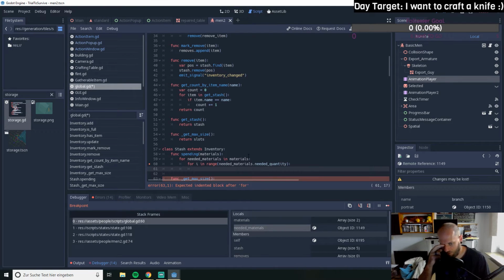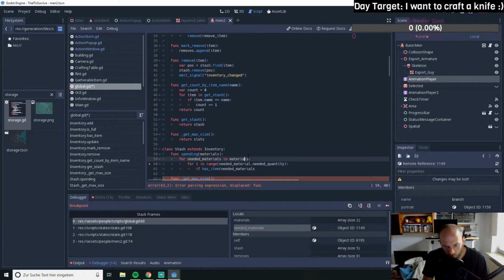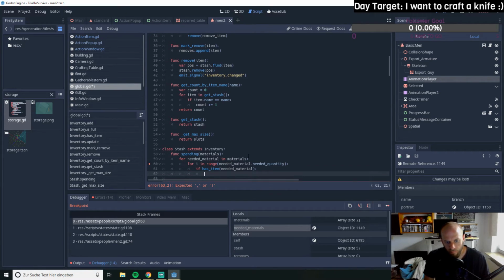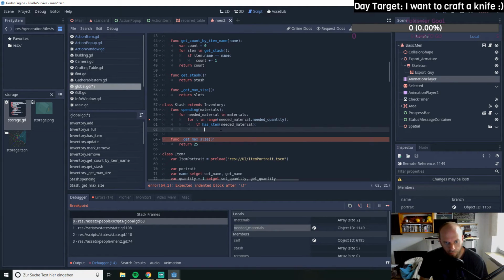So this is doing a for loop over the needed quantity, and then we need to check if has item, needed material. So what we check is if we have this item, the item name will be checked. So if so,